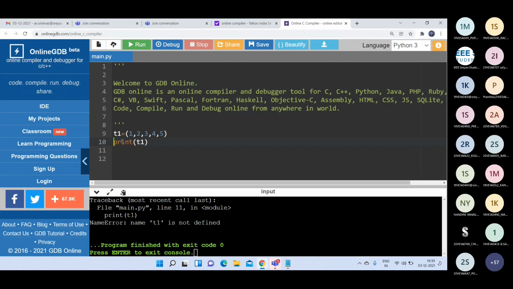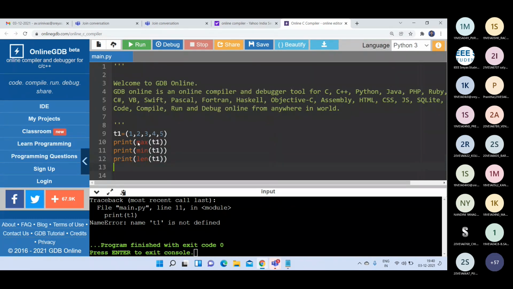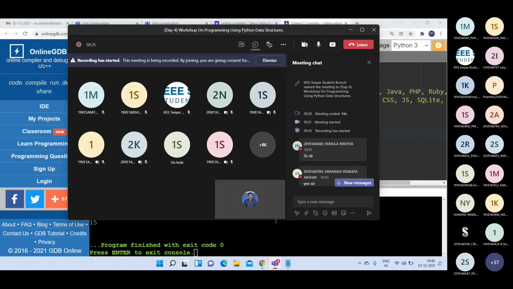So I can write print max of T1, min of T1, print len of T1, and print sum of T1. All these are allowed. So I get 5, 1, 5, 15. Maximum is 5, minimum is 1, length is 5, and sum is 15.